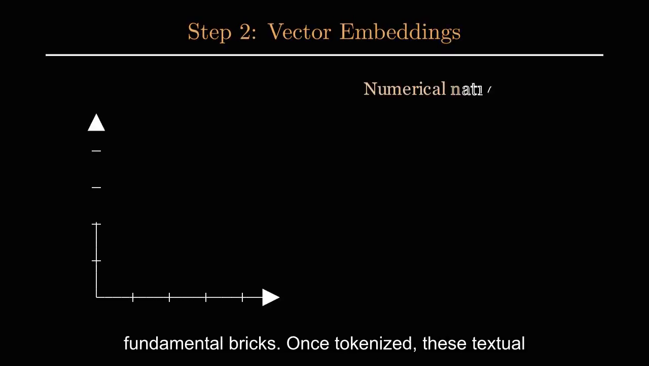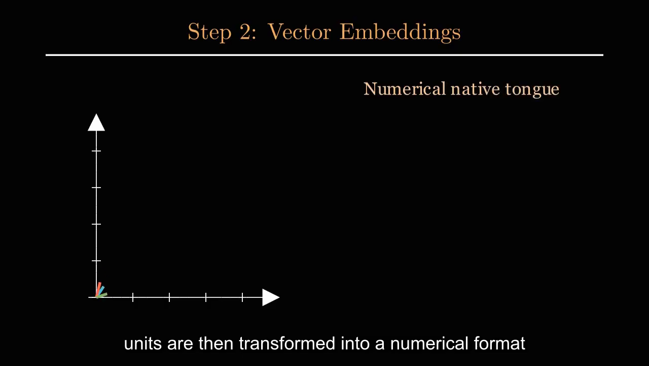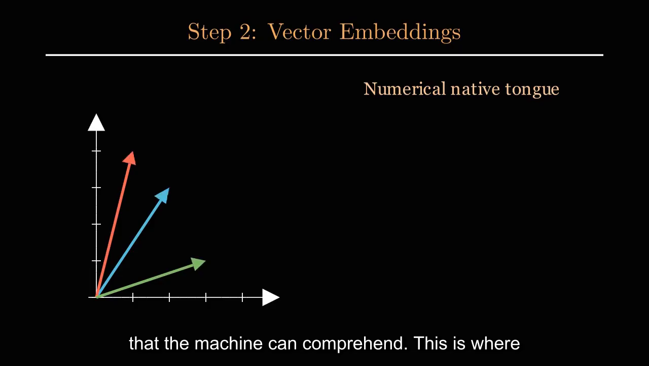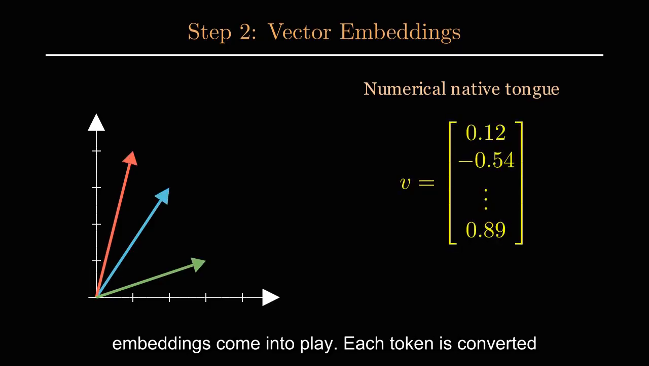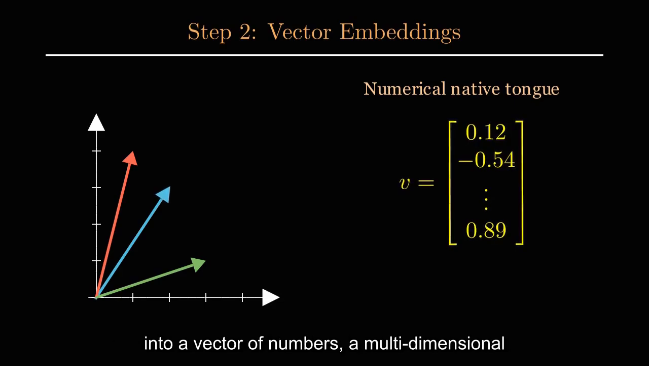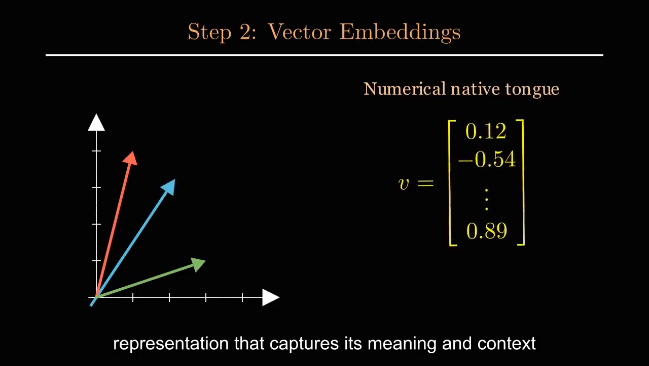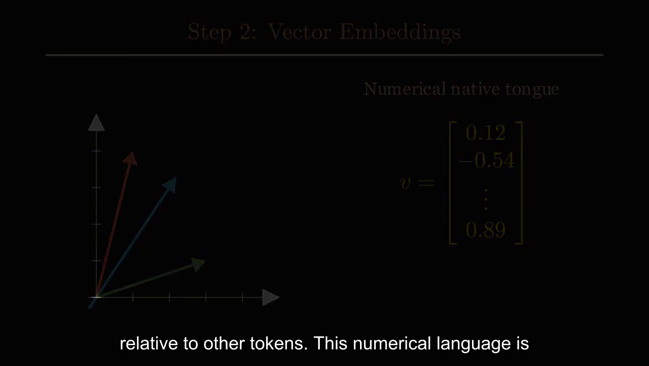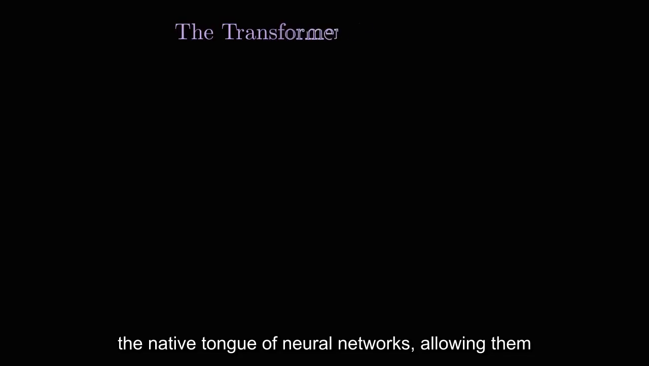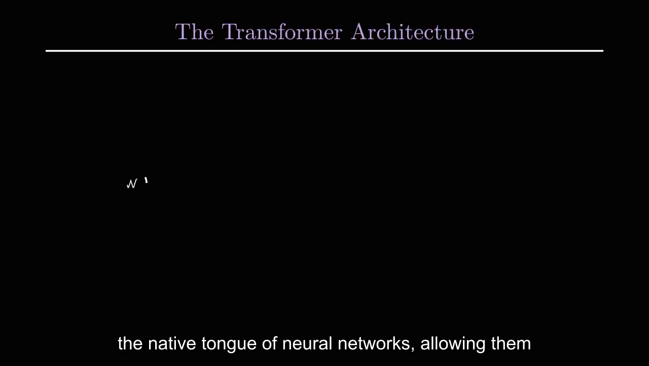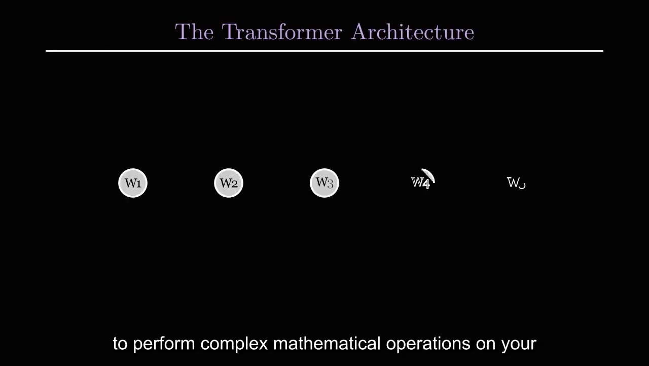Once tokenized, these textual units are then transformed into a numerical format that the machine can comprehend. This is where embeddings come into play. Each token is converted into a vector of numbers, a multidimensional representation that captures its meaning and context relative to other tokens. This numerical language is the native tongue of neural networks, allowing them to perform complex mathematical operations on